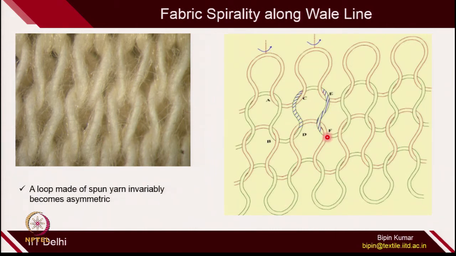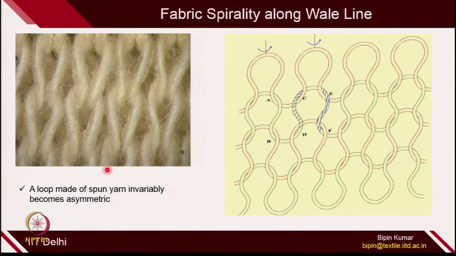This is a big problem, because when you are playing with multiple colors of yarns, and the colors do not follow a certain pattern, there could be a mismatch, and it could be a very big problem with the designing. So, curling as well as spirality has to be minimized in single jersey fabrics. These loops should remain stable and symmetric so that the fabric appearance will be good, because you can see here the fabric looks tilted. It does not look good when the fabric loops are not stable. So, why is this happening?